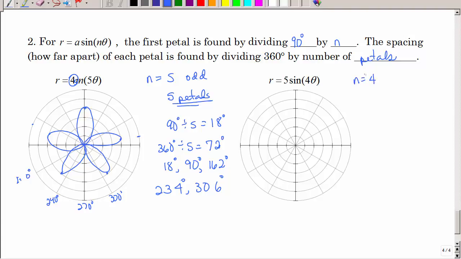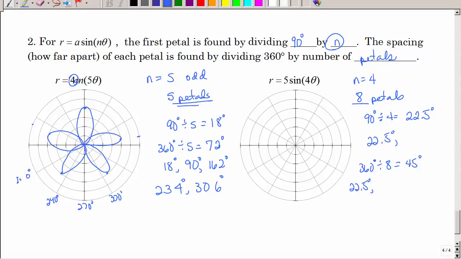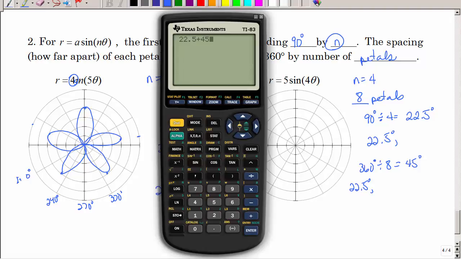N is 4. So that means I have 8 petals. Remember, if it's even, we have to double it. However, the beginning spot, 90 divided by N, how many times does 4 go into 90? Unfortunately, about 22.5 degrees. Okay, so not fun, but that's okay. So our first petal is at 22.5 degrees. And we're going to have 8 petals, so 360 divided by 8. So this is where you might want to get a calculator. We're going to add 45 to all of those. So 67.5 is that one, plus